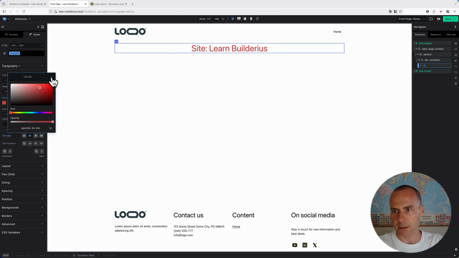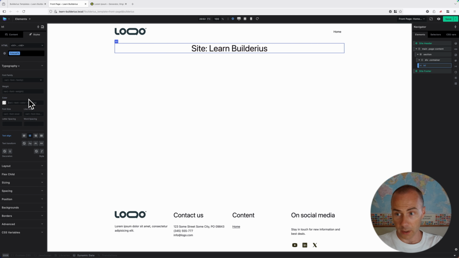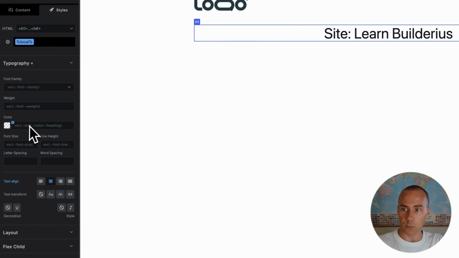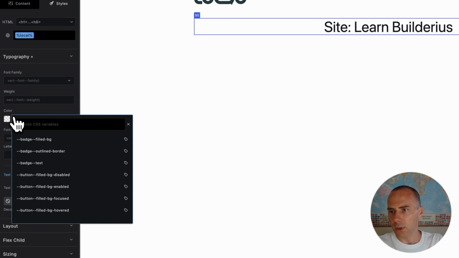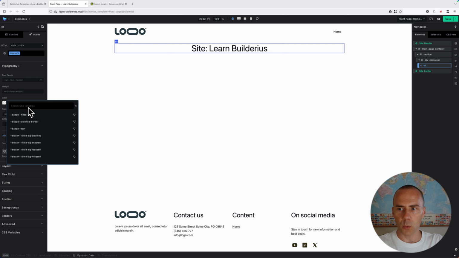I can just use color picker, or I can write directly like this, or I can use CSS variable, which is always a preferred way. So when I hover over, there is this small plus icon. When I click it, it opens CSS variables context menu, and again, just by hovering different variables, I can get